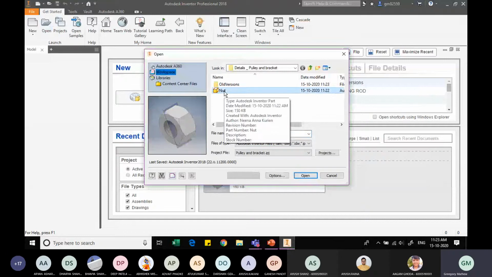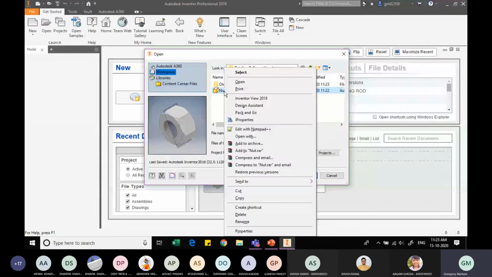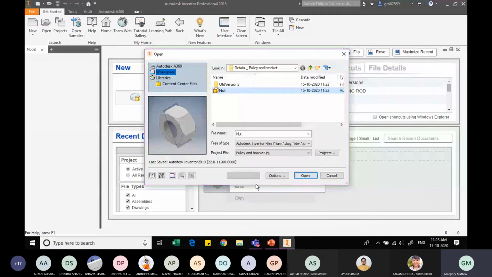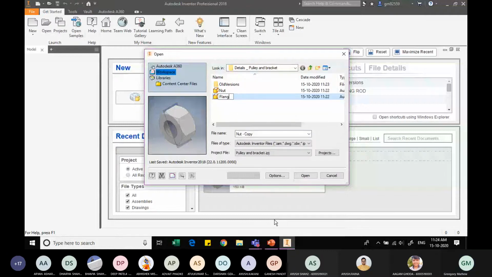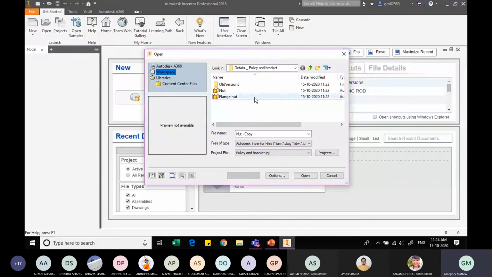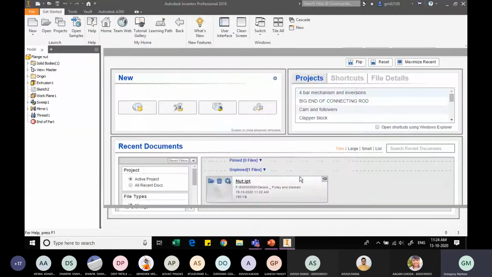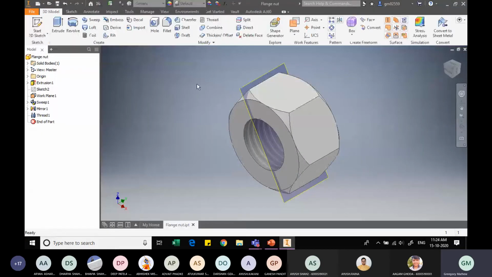Now please remember here we do not have a copy of it. So if I modify this, the original will be lost. So I will make a copy and paste it here itself so that I have this nut copy, and let me rename this nut to change nut. Now I will open this. I will make modifications to this figure itself.